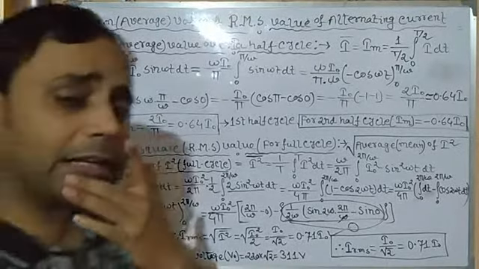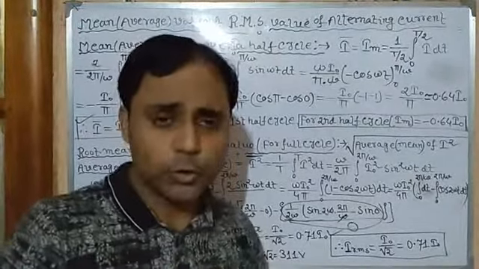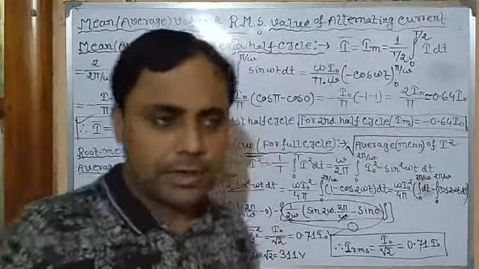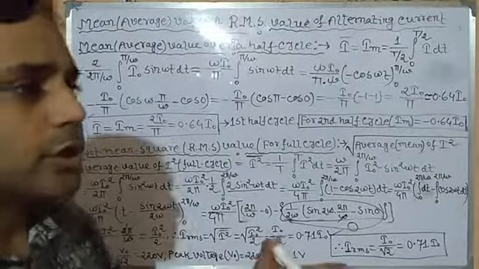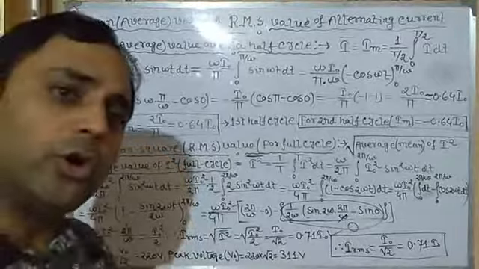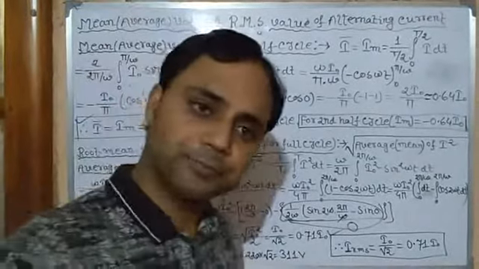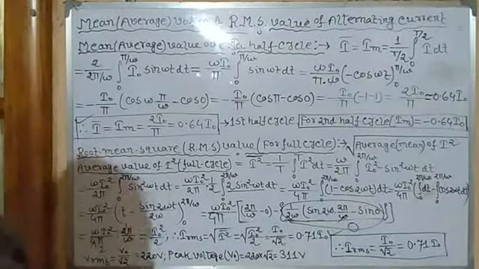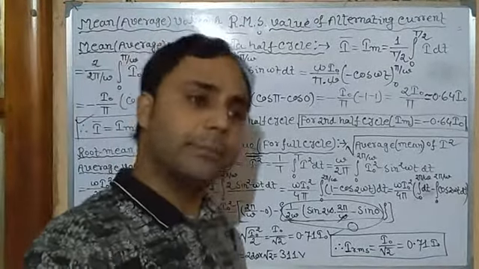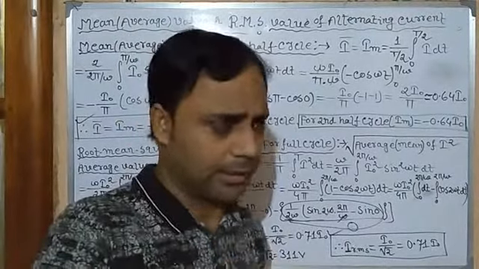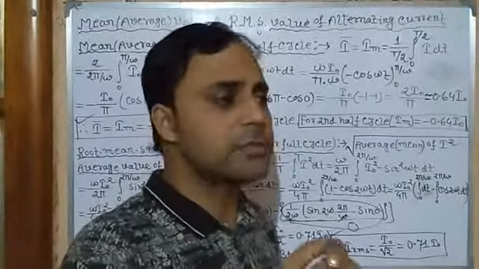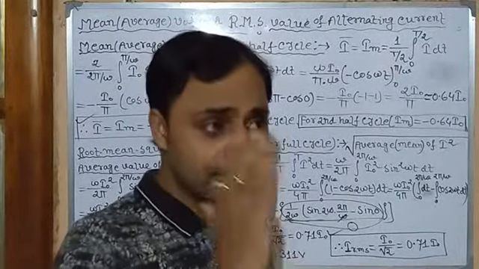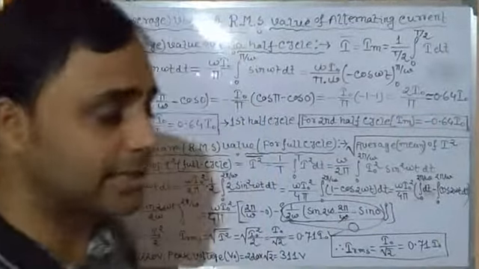So whether it is Vrms or IRMS, we generally use it in our household. Generally current is measured by an ammeter and voltage is shown by a voltmeter. So the current and the voltage we generally see through the ammeter and voltmeter. All these generally display the RMS value. Clear? So suppose the current is 5 ampere, it means its RMS value is 5 ampere. It's not the mean value. Suppose the voltage is 220 volt, measured by any voltmeter. It means it expresses its RMS value, that is Vrms is 220 volt.